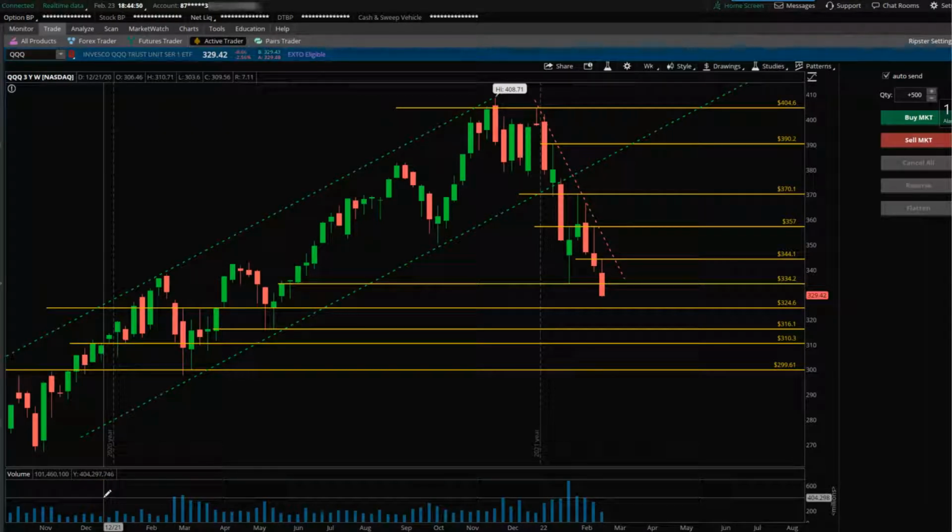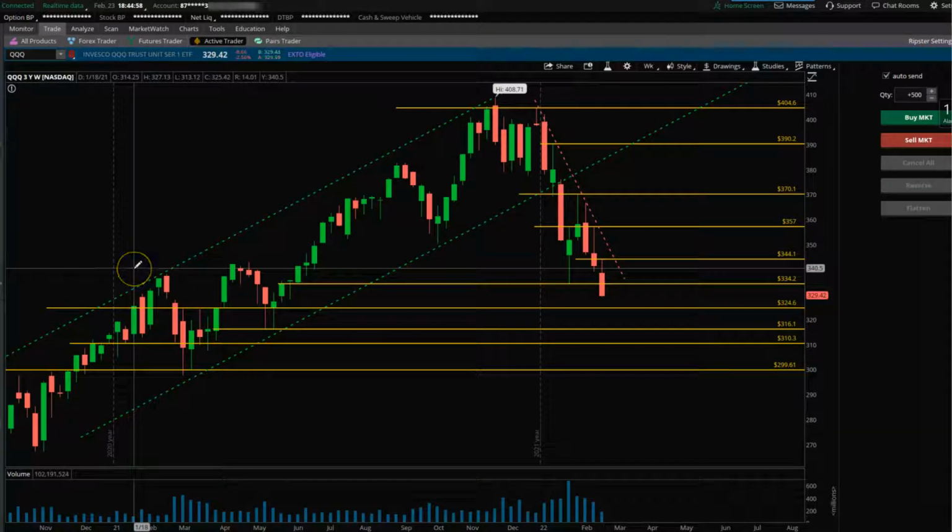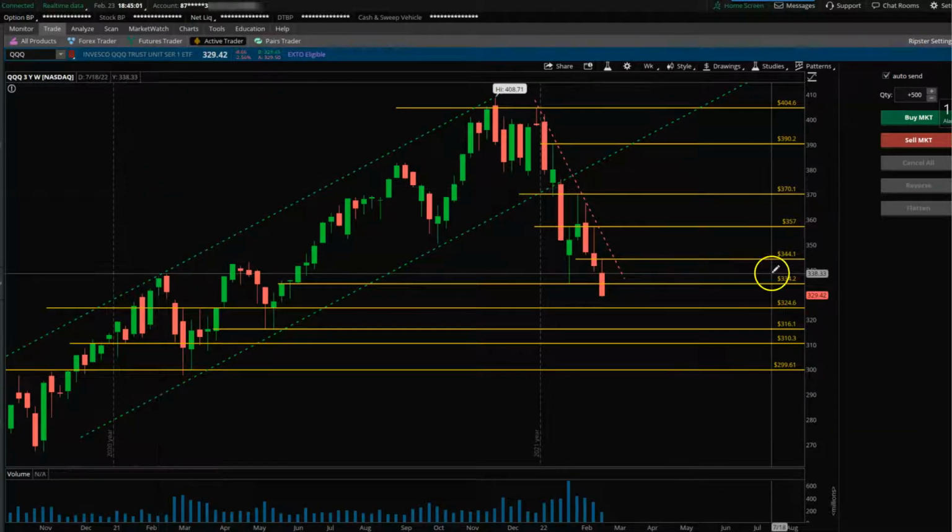I thought it would be nice to make a midweek video since we have had a lot of market action. So it's nice to give you a little update of what's going on. So here's a chart of QQQ in the weekly time frame, right? Our bias has been on the short side, on the sell on strength side, all along since maybe 4 or